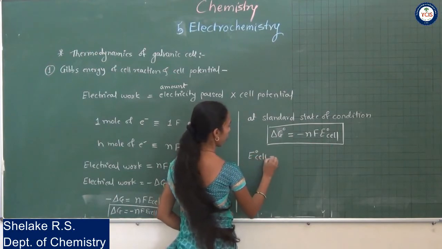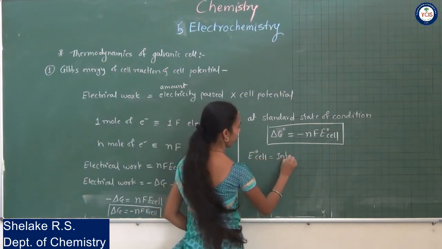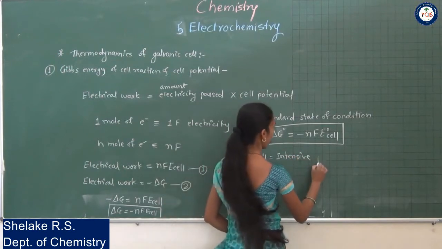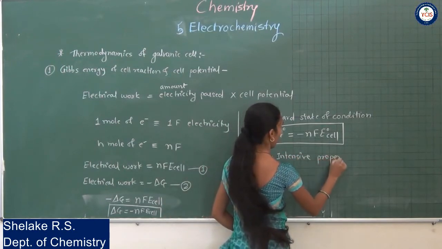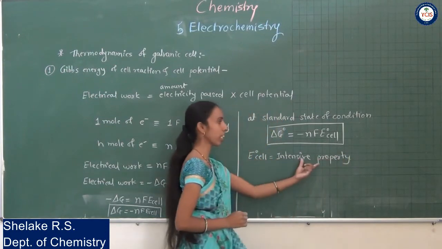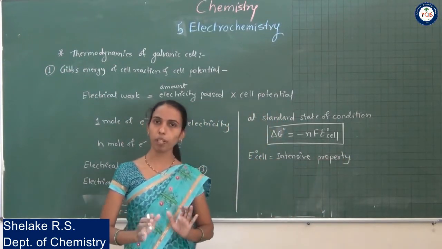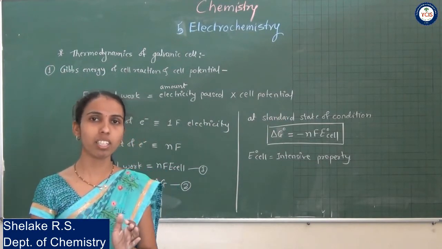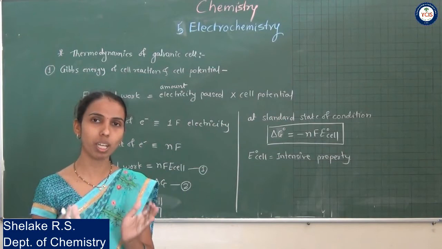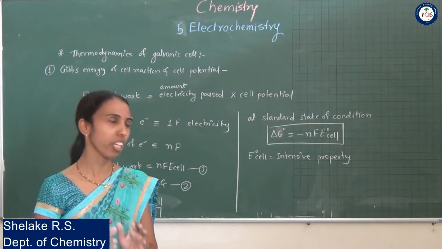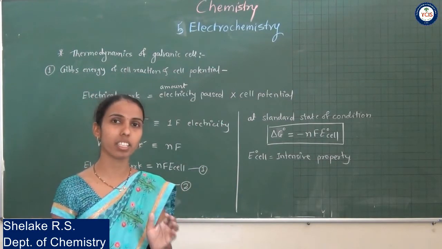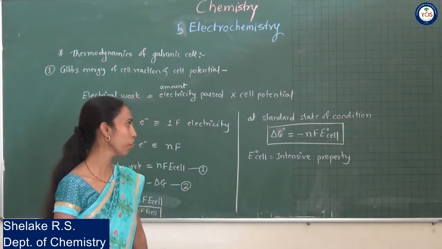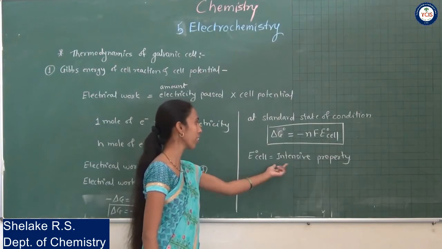is an intensive property. Now what is the meaning of intensive property? That we have studied in the chapter thermodynamics. Okay. I will tell what is the intensive property. See, the property which does not depend on the amount of matter in a system. System मध्ये जे amount of matter असणार आहे त्याच्यावरती जी property depend नाहीये. It does not depend on the amount of matter present in the system. These properties are called an intensive property.